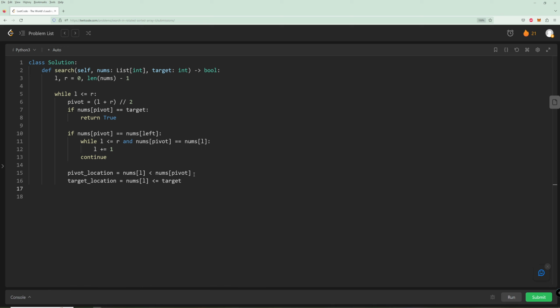Okay, and then now we simply have two cases. First, let's handle the case where they're on different sides of the array. The pivot location does not equal the target location. So we're going to first check if the pivot is on the left side of the array. If the pivot location is this, that means this is on the left side of the array. So if this is on the left side of the array, we want to go right. Otherwise, the pivot's on the right side of the array and the target's on the left, in which case we